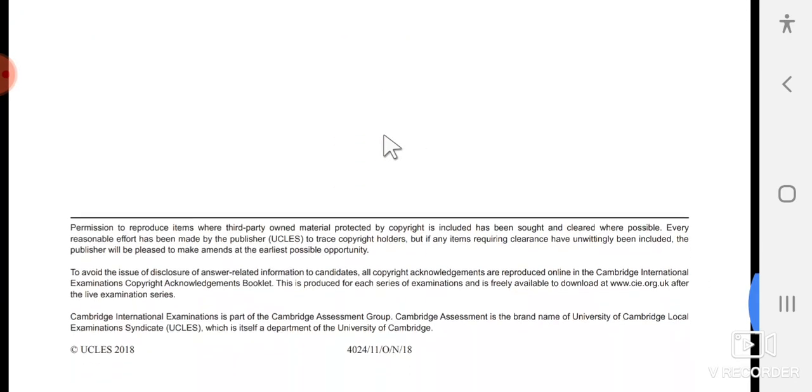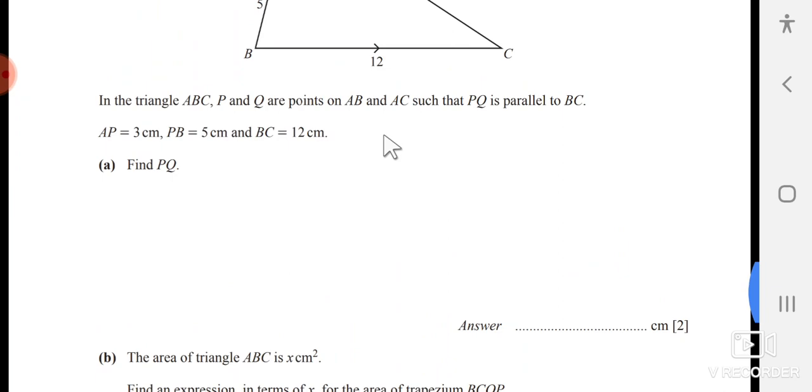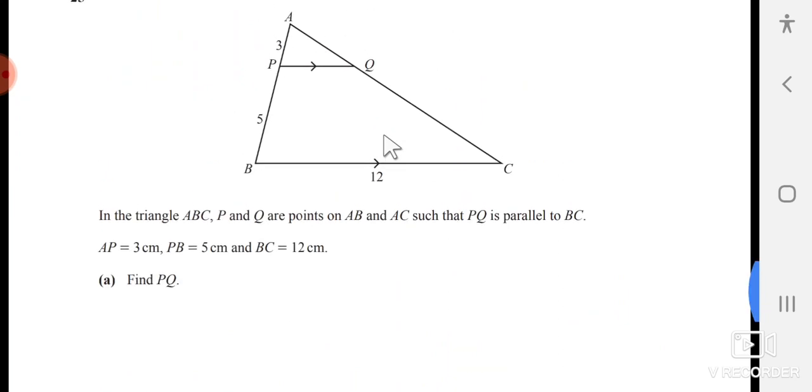Hopefully you understand. Today I tried my best, but next time I will be more fresh. Actually, I already did many classes today, but somebody requested me to solve this paper. When he asked me to solve this paper for him, I thought if I have to work, then why only for one? Why not for my whole community? That's why I did not refuse, and I tried my best to explain, and I'm going to upload it,